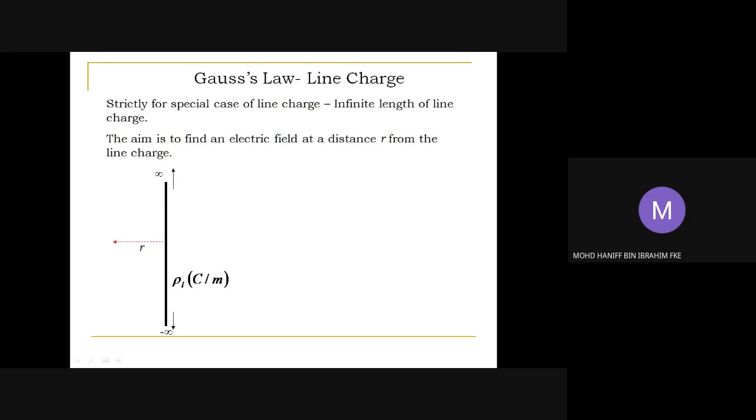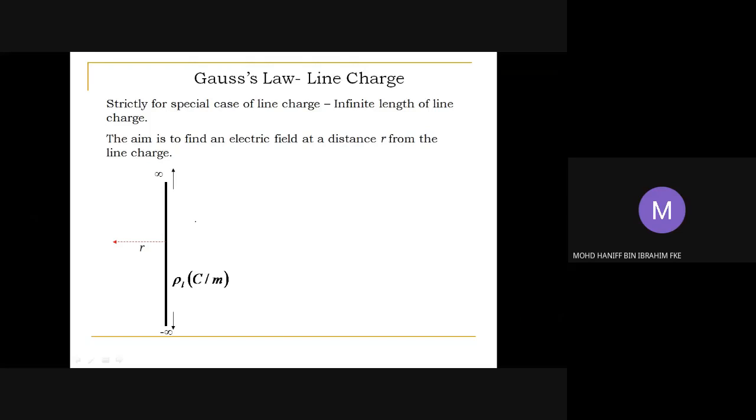Yeah, infinite length of line charge, which means that the Gauss law cannot be applied for the case of finite length of line charge. Yeah, so this is based on what we have learned in our lecture number 4 before,